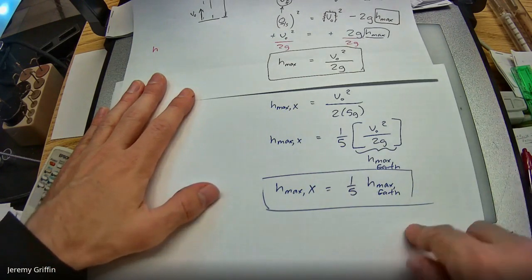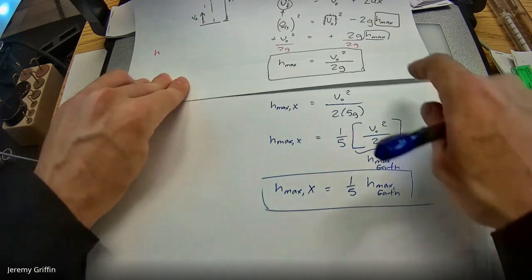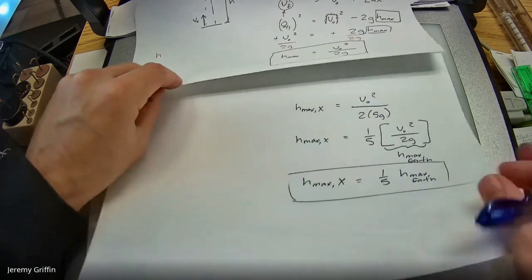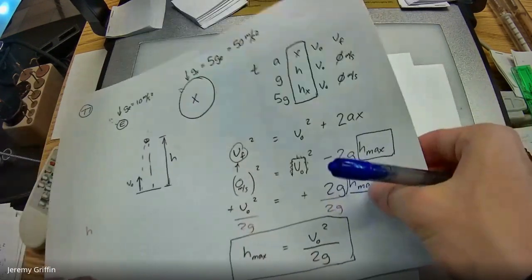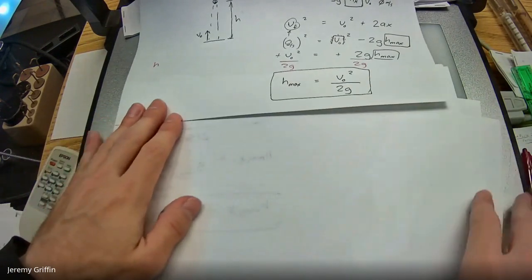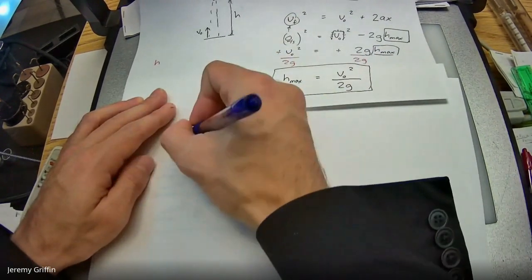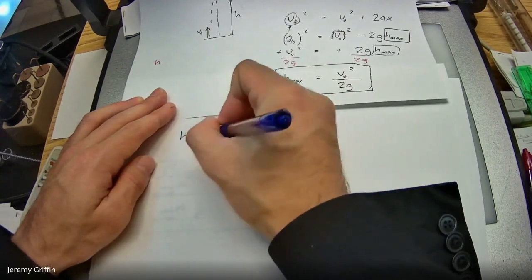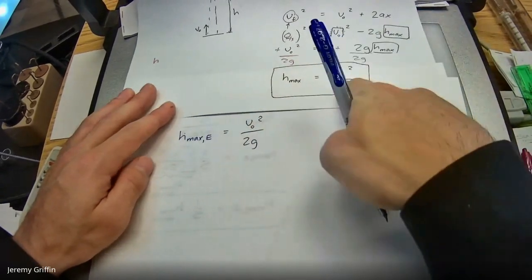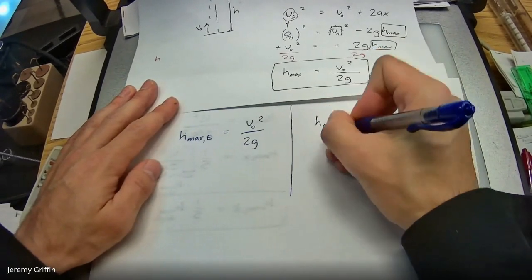Now I want to know, what if you throw this ball with 5 times the speed straight up? I'm still going to play off this expression, but it's going to work out differently. There should be a side-by-side comparison like this. H max for Earth. Let's just call it V naught squared over 2G. I just copy pasted that. Versus what is H max on planet X?